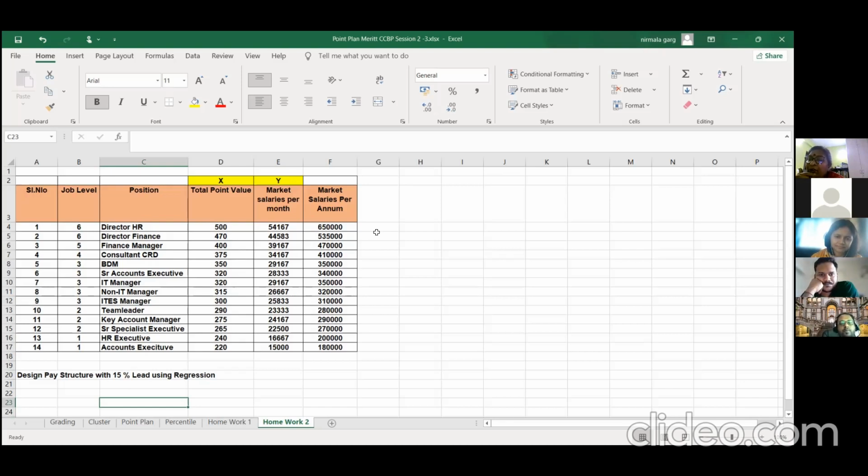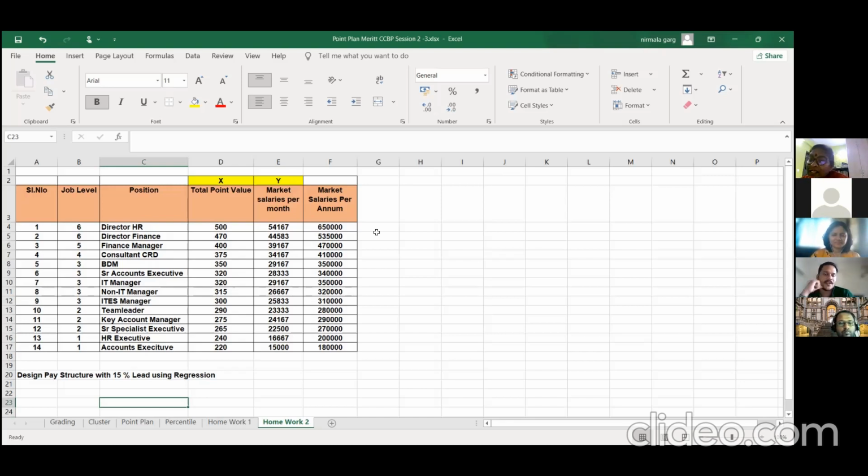Bala, did you get that? What you have to do? Can you repeat so that I know for sure that you've got it? Sure. We have to first calculate the pay line salary with the data that we have. Step 1, we will have to identify the slope value and then the intercept value. How will you do that? Slope in Excel, simple, no? Just the slope of that entire data.